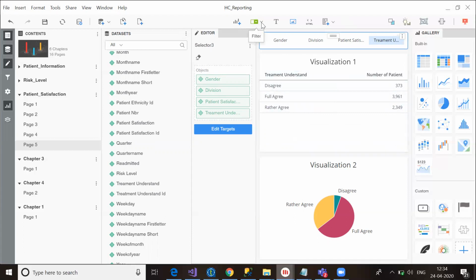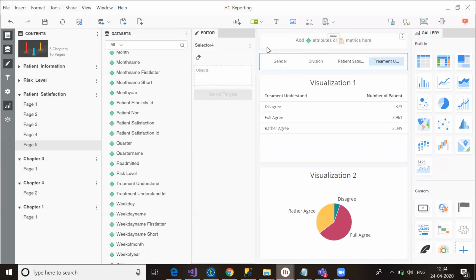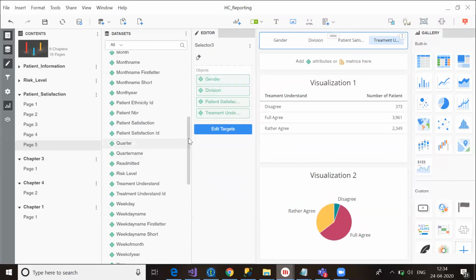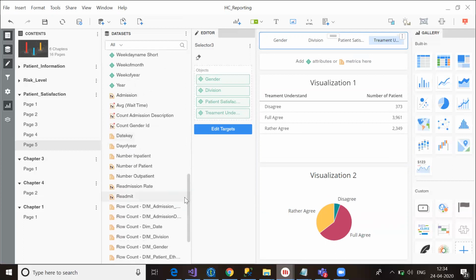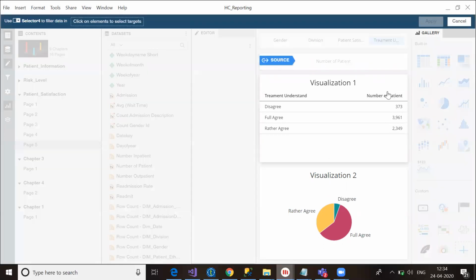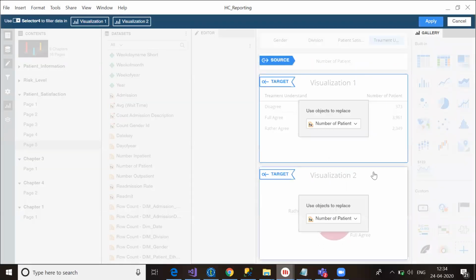So what I'll do, again I will choose attribute filter, and I can move this to the hover, and then, let's say, number of patient. Then I'll choose target. So again my target is number of patient for both graphs, and apply.